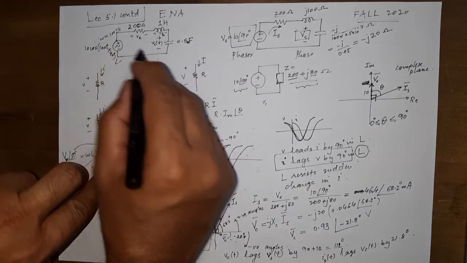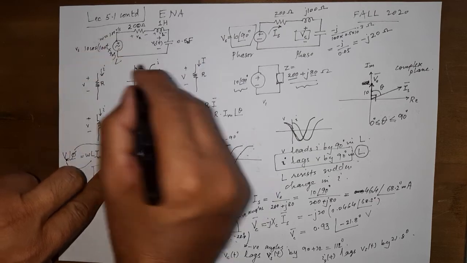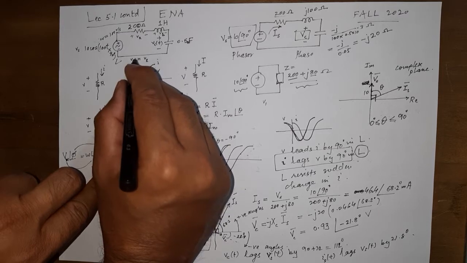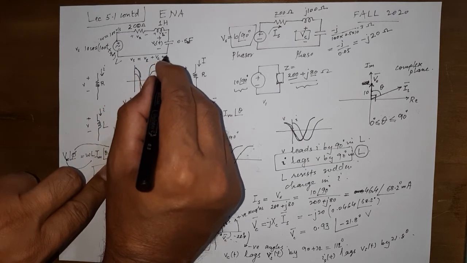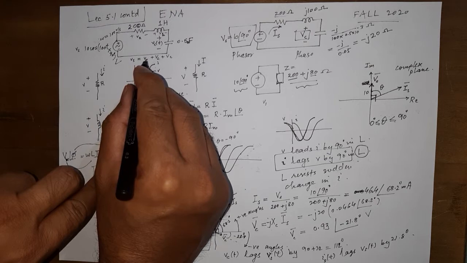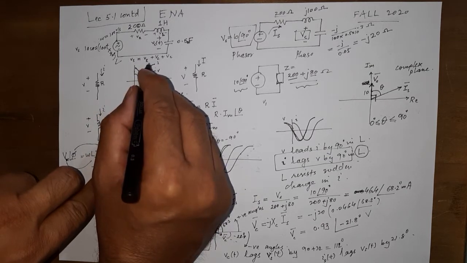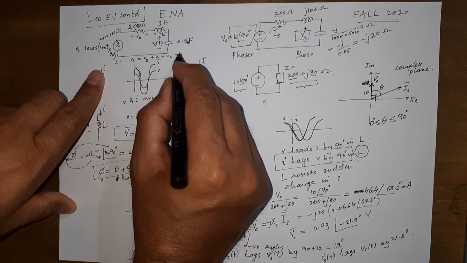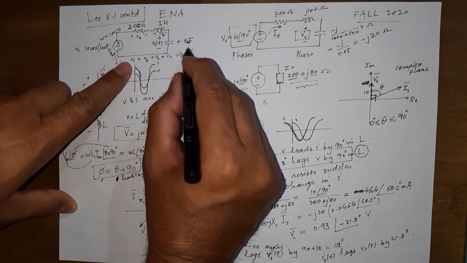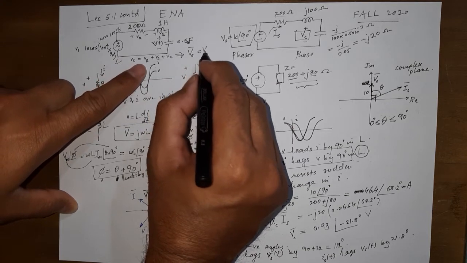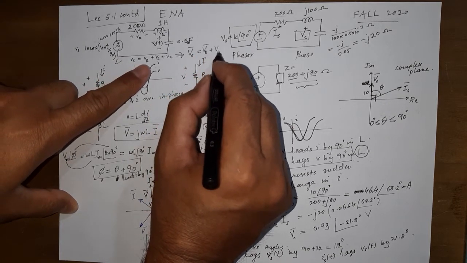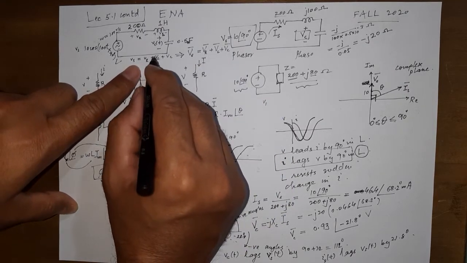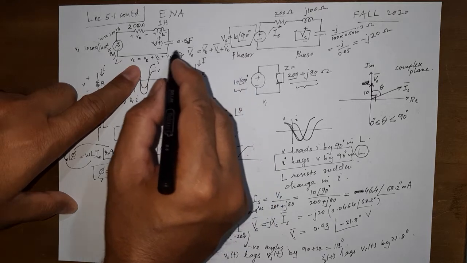So here we know that this VS we can write as VS equal to VR, all in time, plus VL plus VC. Now this is a sinusoid, these are sums of sinusoids, and this is in the time domain. So if we convert all of these into the phasor domain, then we say the phasor of voltage is equal to the phasor of this voltage plus the phasor of this voltage plus the phasor of this voltage. And these are sinusoids. By phasor transform, we can go into the frequency domain to solve this.